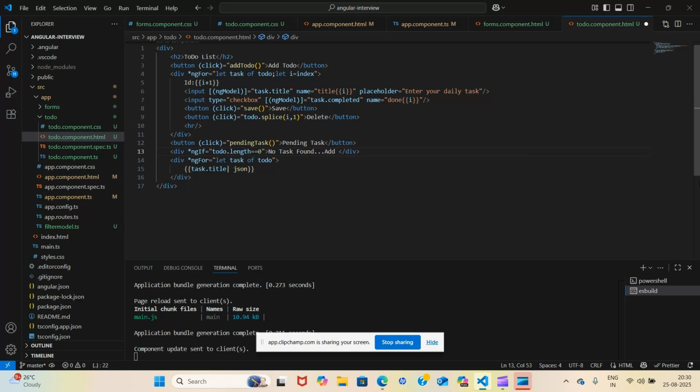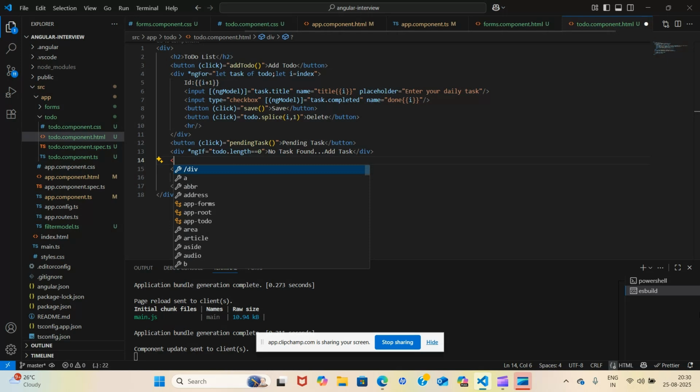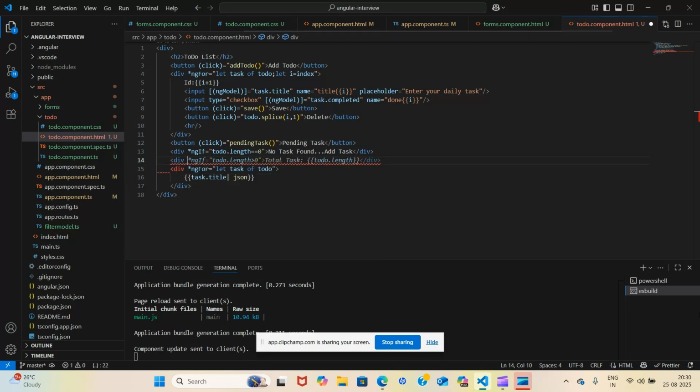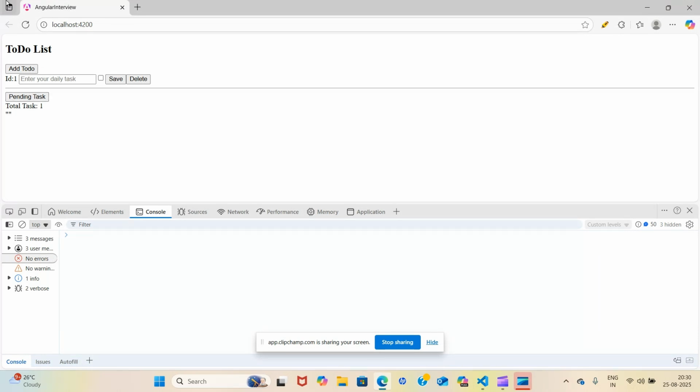So add task, and then we can add one more div, and if todo length is greater than 0, then total task will be length. And then I want to display this. Okay, now let's see how it is looking. Yeah, this is looking like this. Let's refresh it. No task found, add task, total task 1.